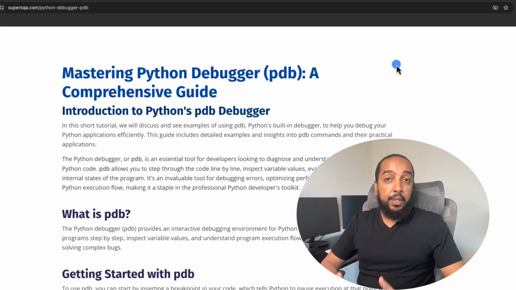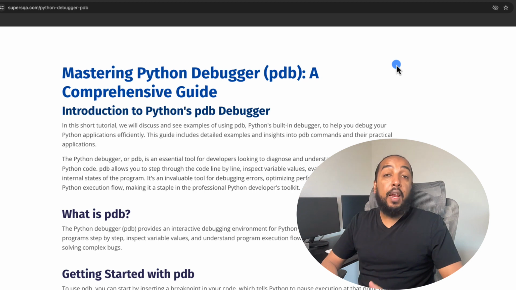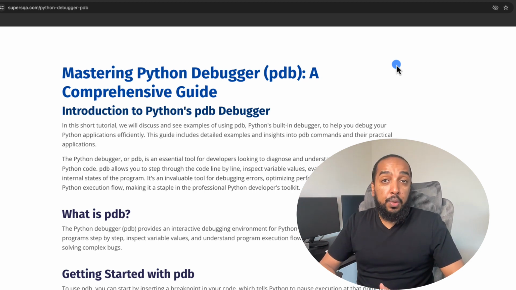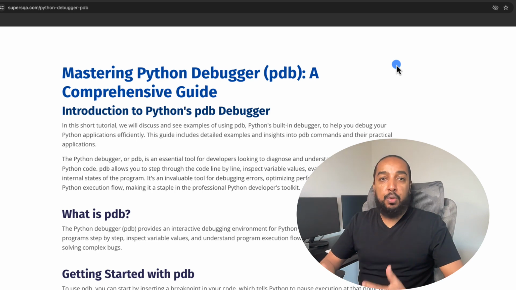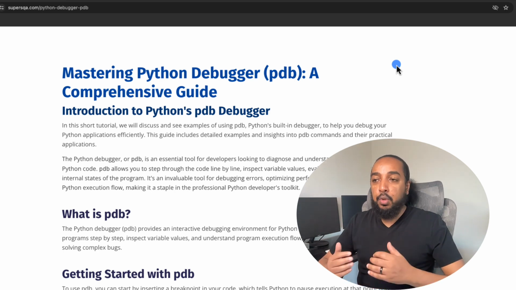Knowing how to debug your code while working with Python is extremely important. It will save you a lot of time and a lot of headache. And one of the most important tools we use when we're debugging Python is PDB. PDB is a built-in library that comes with Python. Whenever you install Python, you have PDB, and you need to know how to use PDB so you know how